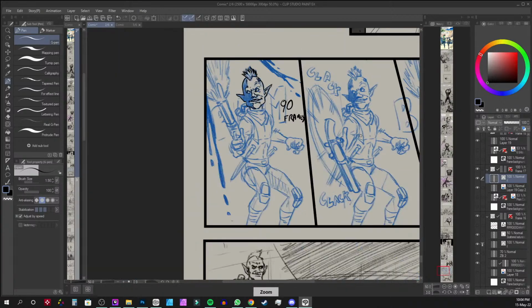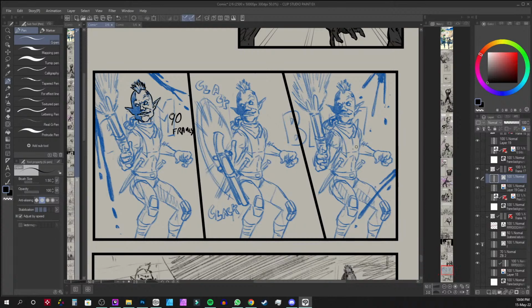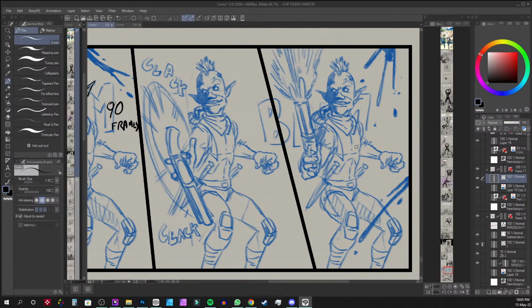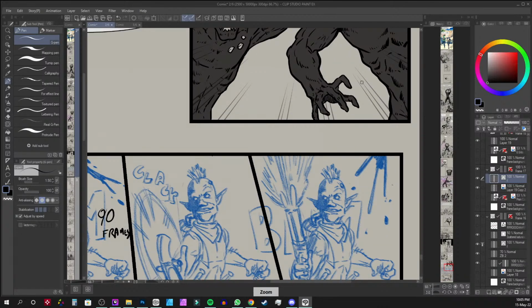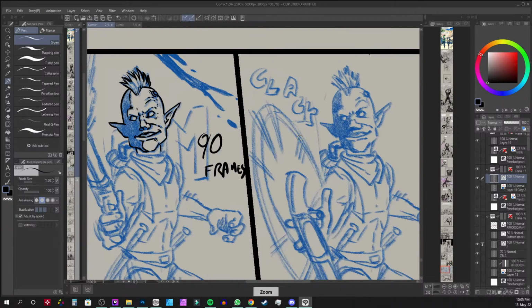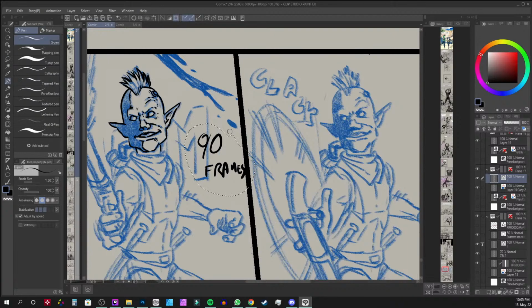So this can be considered 3 frames, right? 1, 2, 3, and there are 90 of those. This is one, and this is one. Okay, so we have here compress 4 frames only here, right? This is 90 frames, so it's a lot. It's a lot of drawings, a lot of time